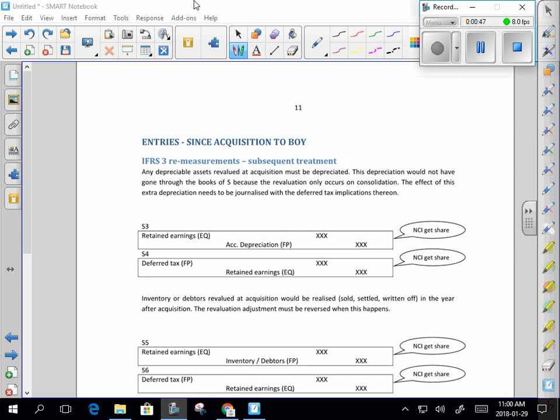Right, so what knock-on effect does that have in subsequent years? I've explained already why we differentiate between since acquisition to beginning of year and the current year. Reason being, anything profit or loss or OCI related for previous years is going to affect the statement of changes in equity. Anything profit or loss or OCI related in the current year is going to affect the current year's profit or loss or OCI. Right. Good. So, since acquisition to beginning of year,